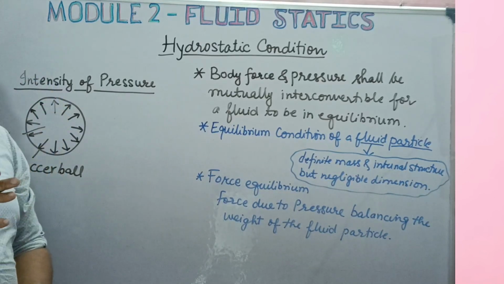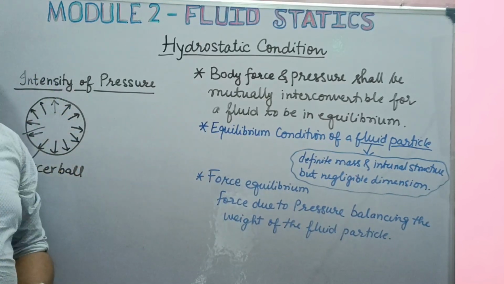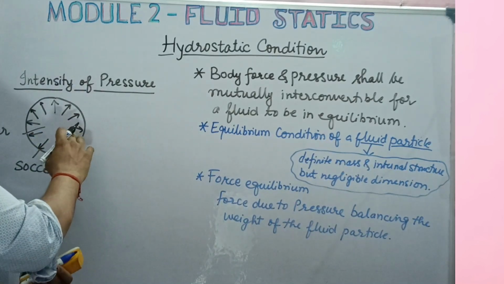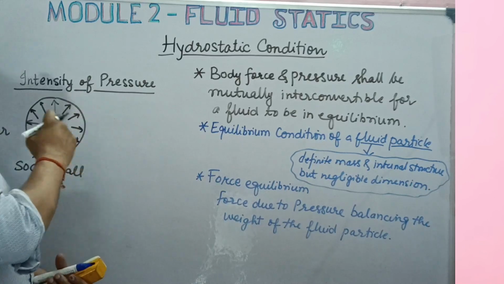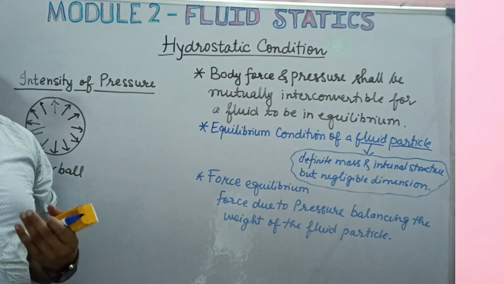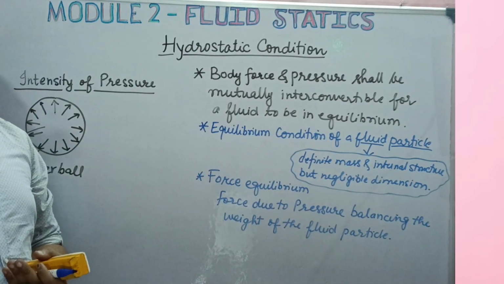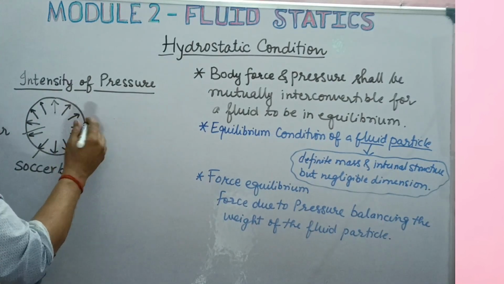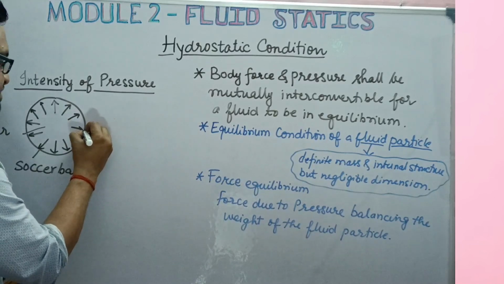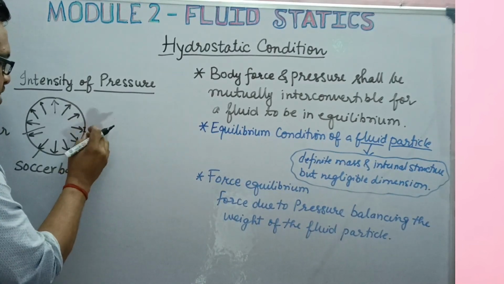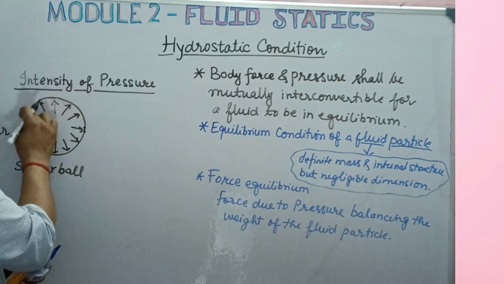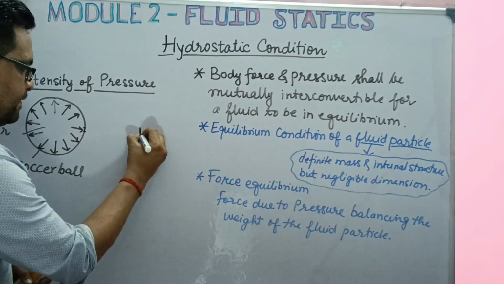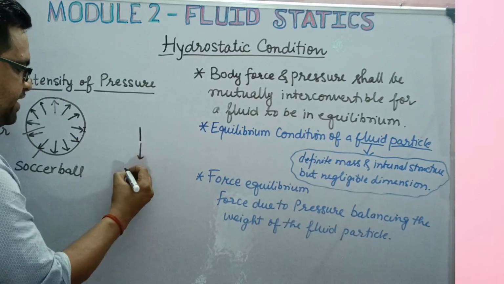Now this pressure distribution creates a resultant force acting normal to the wall, or you can say that it creates a resultant force that acts on an infinitesimal area. So at each point we have a resultant force acting due to pressure. Let us say that this is an infinitesimally small element or a point on the wall of the football or the soccer ball, and this is an infinitesimally small area,